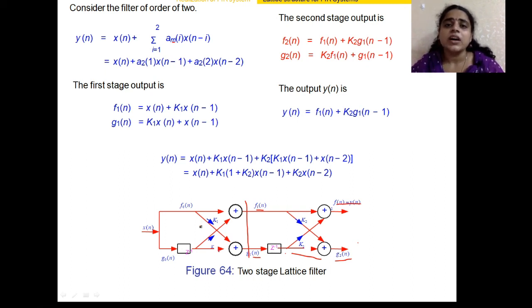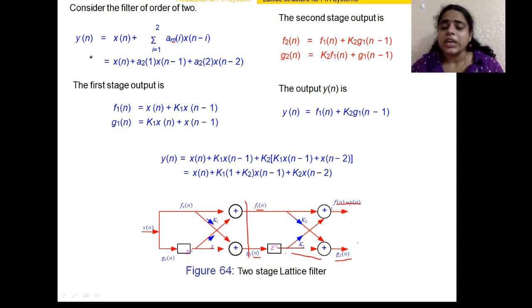So finally there are four methods of representing your FIR filters. The first one is the direct form structure, the second one is the cascade form structure, the third one is the frequency sampling method, and the fourth one is the lattice structure. Each and every form we represent for a unique purpose. For the direct form, the general equation of an FIR filter will be represented with the help of the first form, the direct form.